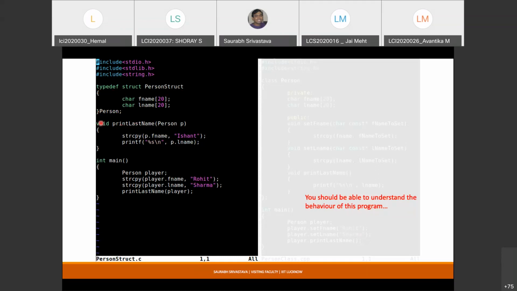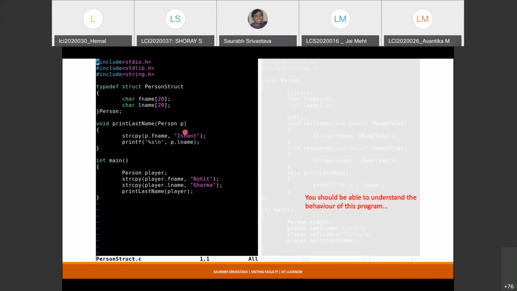So I have a function here called print last name, and I pass it a structure variable of type person, and it is supposed to simply print the last name from this structure variable. But here I'm also doing something more. I'm basically changing the first name from, let us say, Rohit to Ishant, right?